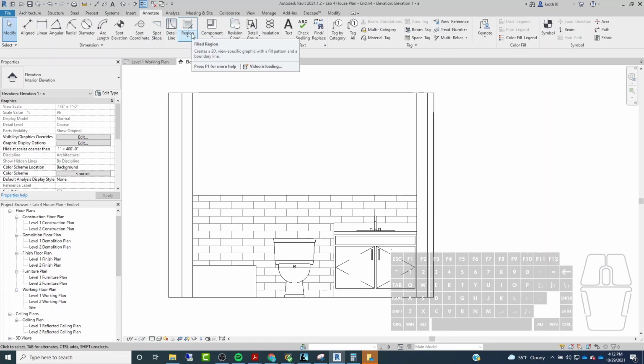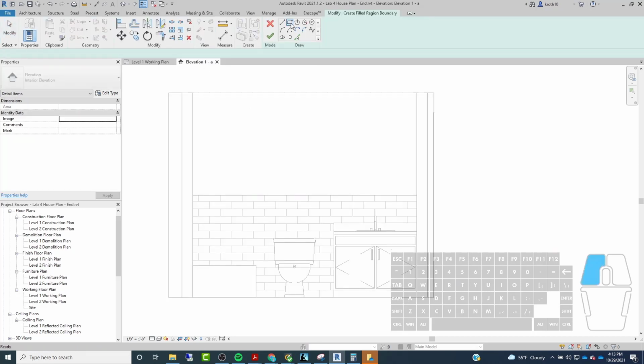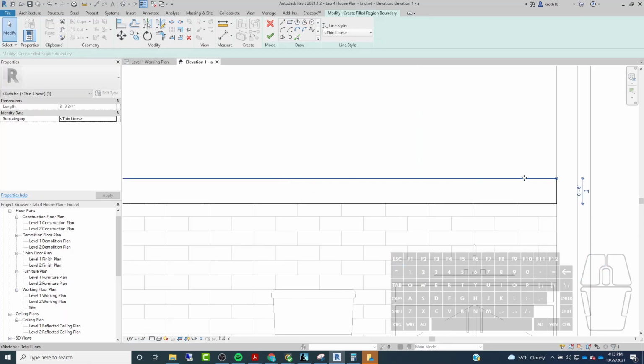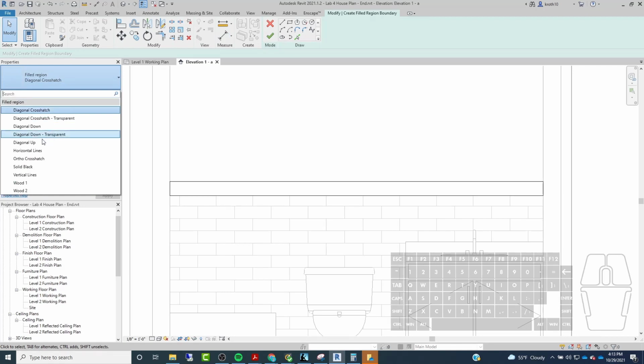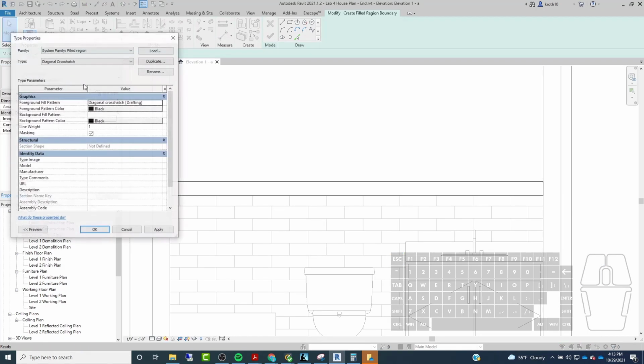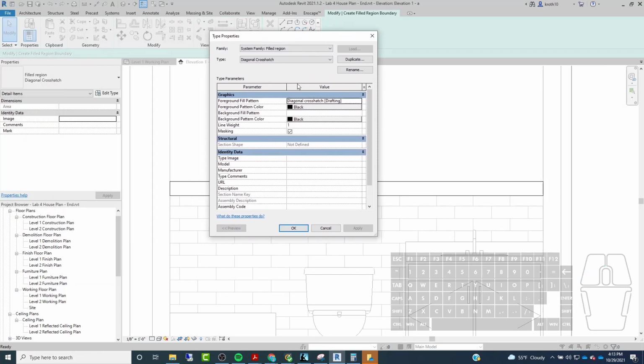But if you go under Annotate and then Region, you can choose a filled region, and then you basically just draw in the boundary of that region. So if I wanted a little accent tile here, I could do 4-inch like that, and then click the green check mark. No, I don't want to click the green check mark yet. I want to go over here to Edit Type, and I want to put in a new